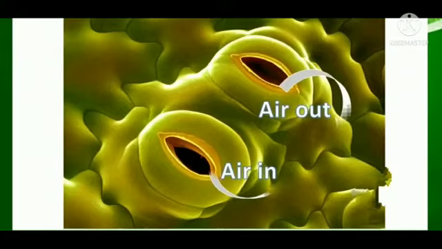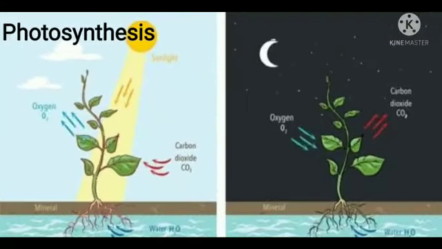Okay. Well understood? Good. Children, do you know plants also need oxygen to stay alive? During photosynthesis, plants take in carbon dioxide and give out oxygen. During breakdown of food, plants take in oxygen and give out carbon dioxide. Both these processes occur at the same time within a plant leaf.